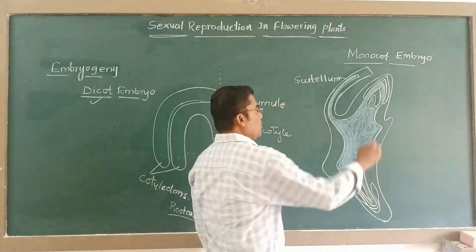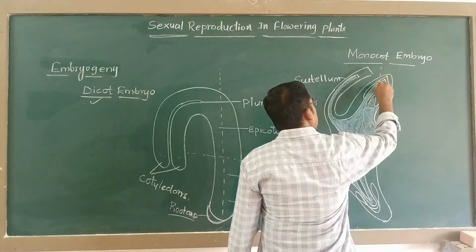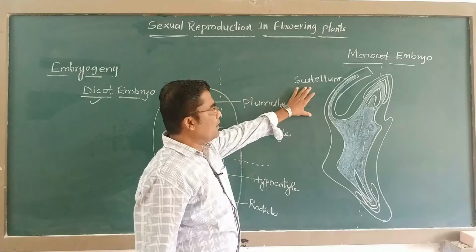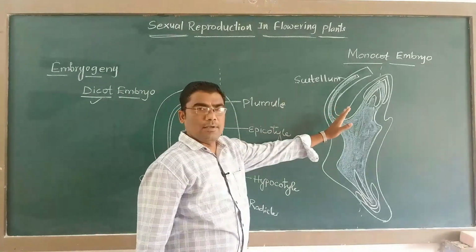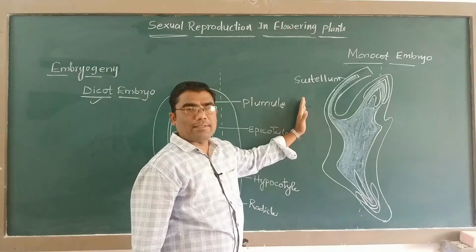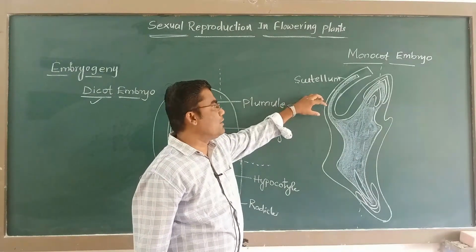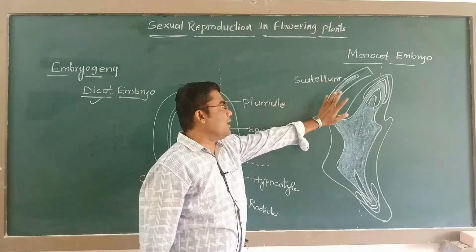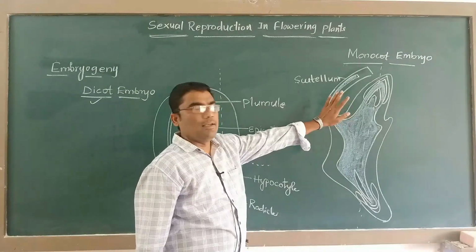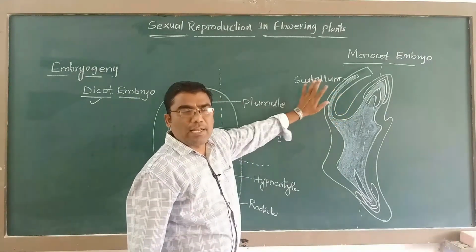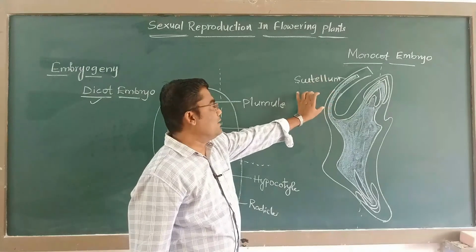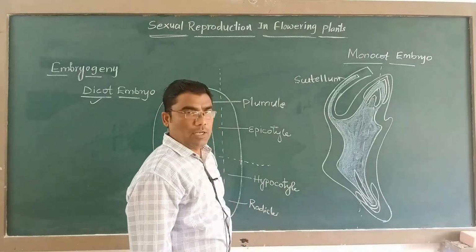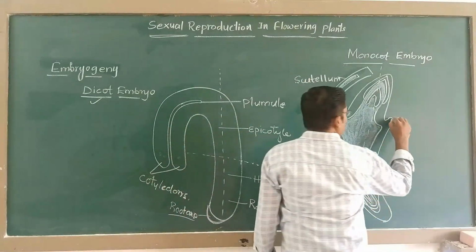Okay, when we observe the embryonal axis, commonly say this is the embryonal axis. You observe this one, this cotyledon is present towards a side of embryonal axis and it is laterally situated. It is present towards the one side of embryonal axis because a single cotyledon is present. This is called scutellum. Here we observe a small projection.